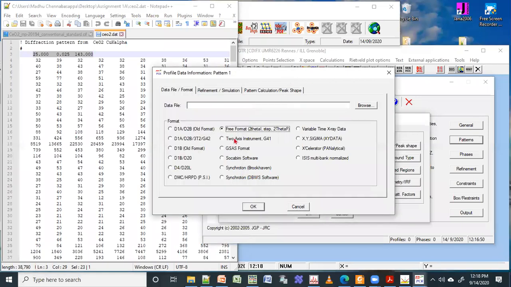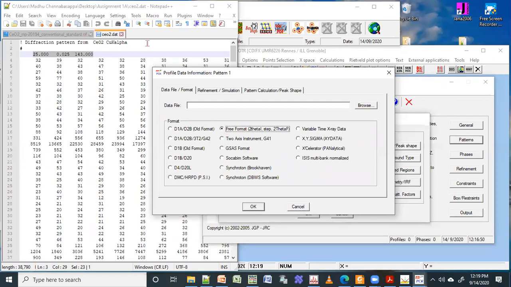So I have to take this one. I should not click here. Okay, I should first check what is my data. Okay, if you are having x comma y format, so this is the reason I asked you to convert to xy format, because xy format is the easier one. It will get less error. Okay, in some of the other formats you get a lot of error when you are running the program. Okay, so I will click this free format, then I have to browse the file.